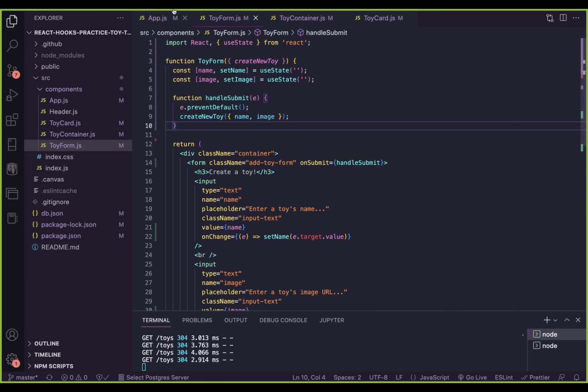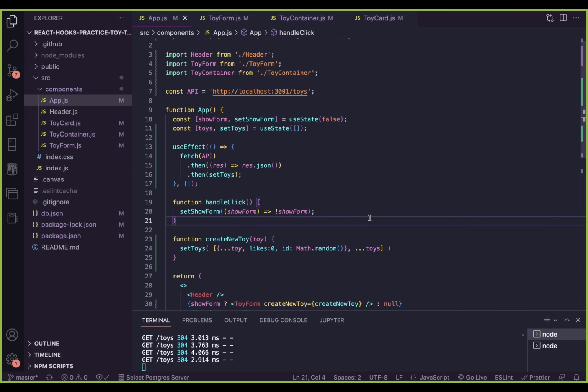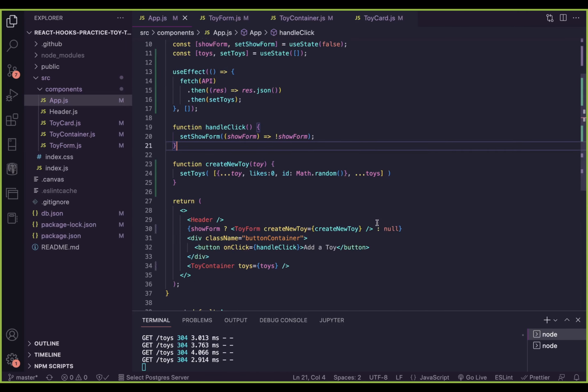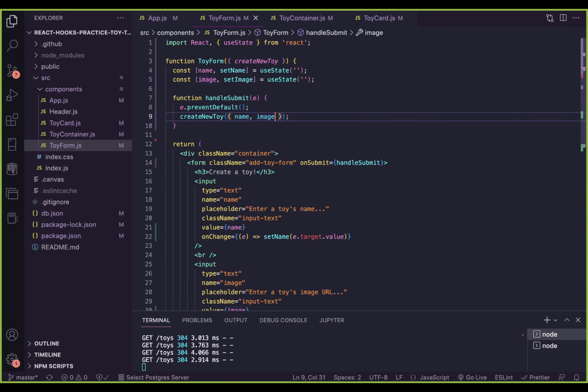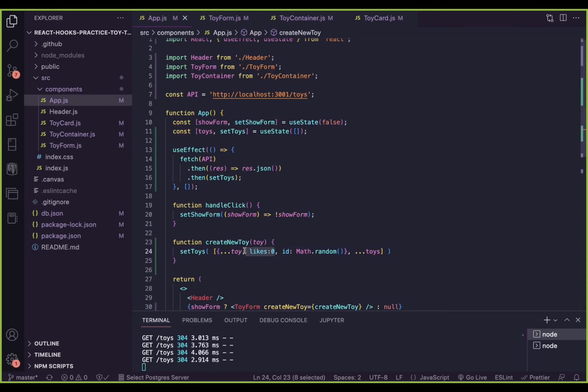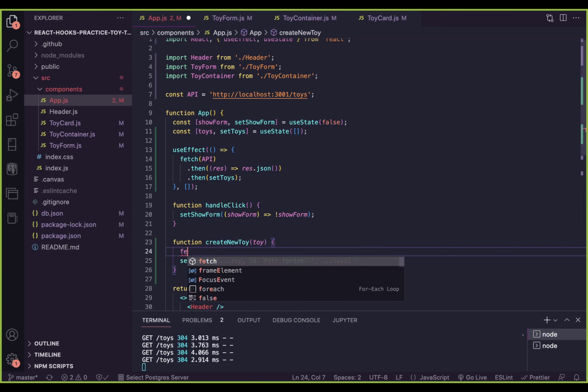Go back to the app real quick. Yeah. So the first thing that I'm seeing is that with the likes, we could also set the likes to 0 in the toy form, right? Yeah. So while you're posting, you can just set likes to 0, and that would effectively be the same thing. Exactly. Yeah. Could we also set the ID? We could set a random ID in there. Yes. The problem doing that would be that in reality, we would do our fetch,